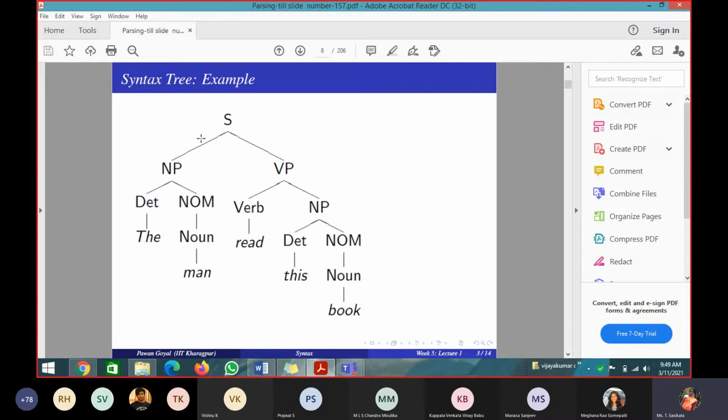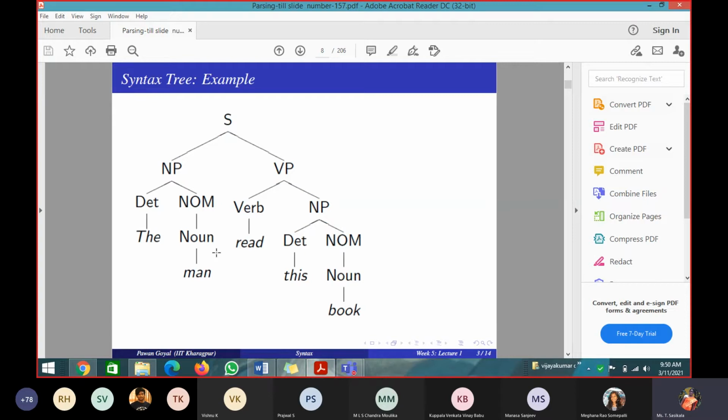So with POS tagging, we found out that the is a determiner, man is a noun, read is a verb, etc. So now we are going one level up, by constructing a tree. Okay, so what they are giving, the man: the determiner and noun together form a noun phrase. Okay, they are telling it's a noun phrase. How we are arriving at that we'll be learning later.